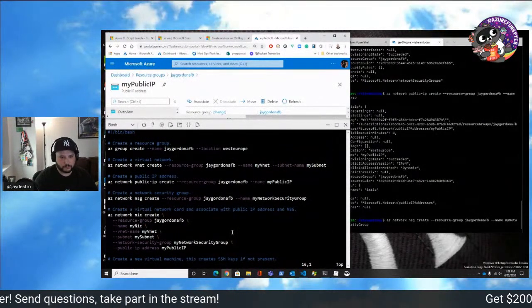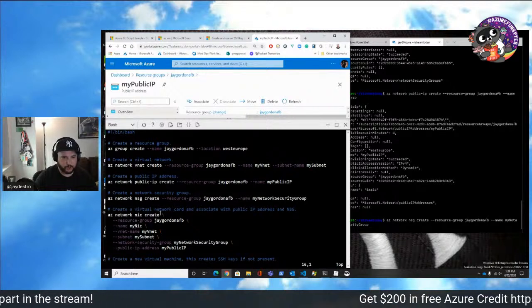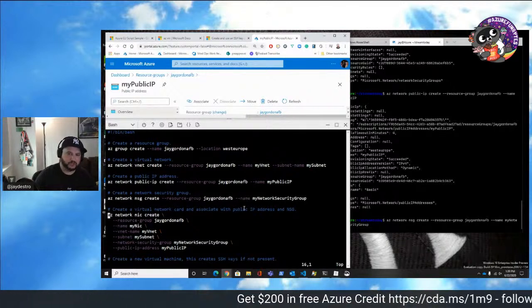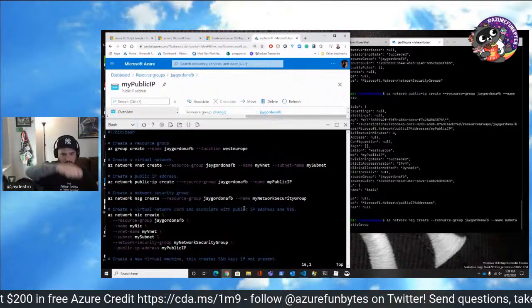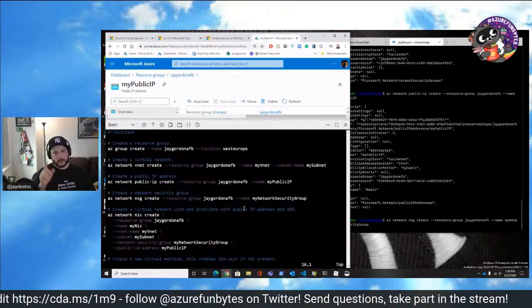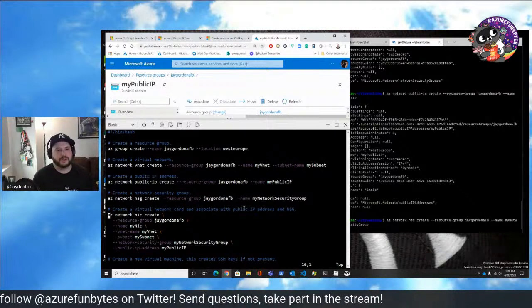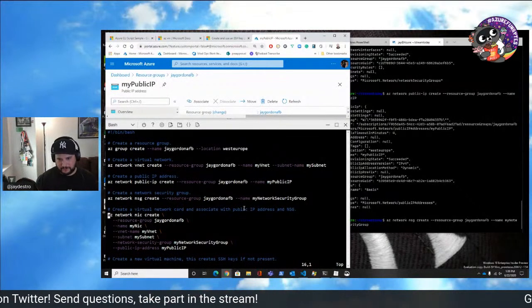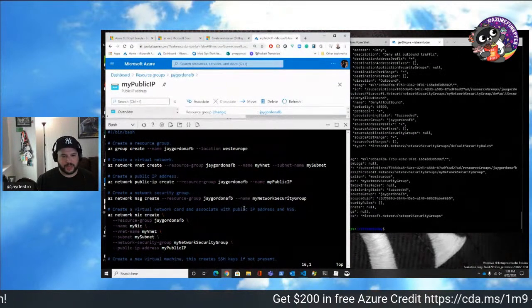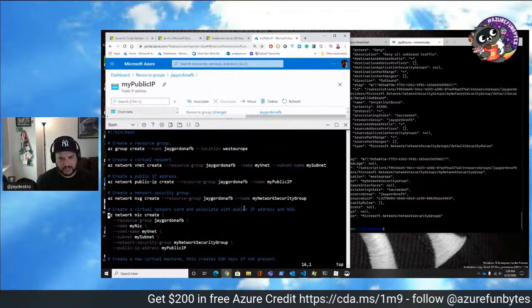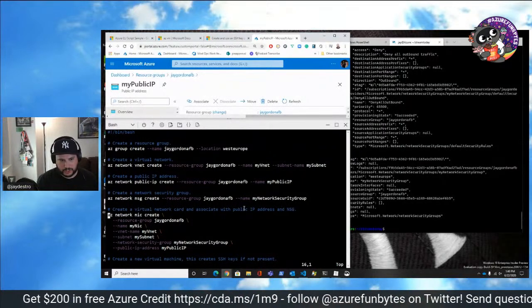And so what we do is we create a virtual network card. That is literally like the physical card that you plug into a computer. But let's imagine that physical card came pre-assigned with some information on it, like a public IP address and the network security group attached to it.